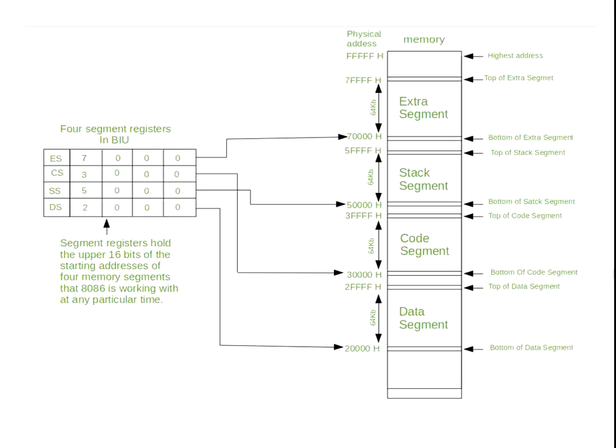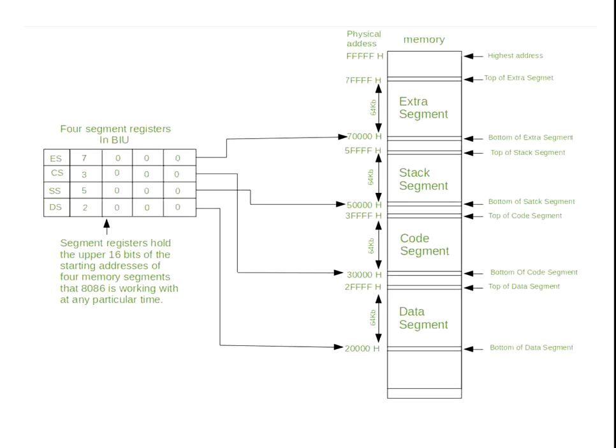Each of these segments is addressed by an address stored in the corresponding segment register. That is the code segment register, stack segment register, data segment register and extra segment register. These registers are 16-bit registers that contain a 16-bit base address that points to the lowest address byte of the segment. Because the segment registers cannot store 20 bits, they can only store the upper 16 bits.